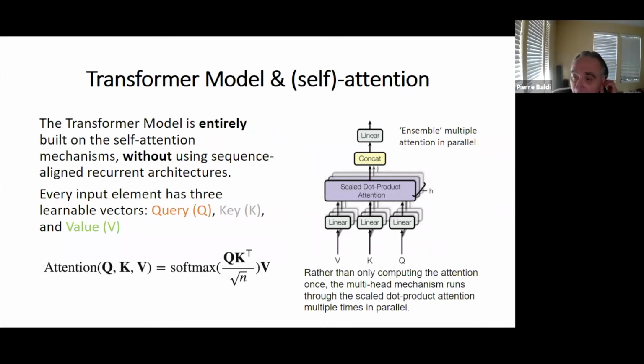So if you try to read the transformer papers, it looks very, very complicated, and you don't see the main message that I'm trying to tell you, that it's all about gating. It all boils down to gating. So you will see diagrams like this, you will see expressions like this one, etc. And they have multiple levels of attention, both in the encoder part of the network. There is a decoder part, again, with multiple layers of attention. So if you try to draw a full transformer model as a neural network, it's a complete mess. In fact, no one has been able to do that because there are too many connections, too many wires.